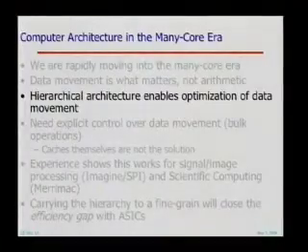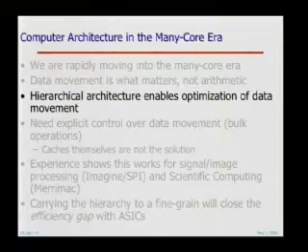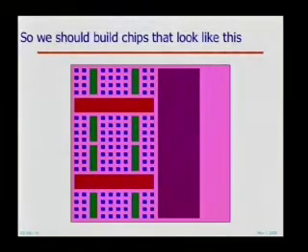So next segment, we've talked about why we're moving into the multi-core era, what the constraints, the technology drives us that forces us to think about parallelism and locality. Now let's talk about what type of architecture that drives us to. So if we can build these inexpensive 50-cent gigaflops floating point units, obviously, we want a lot of them.